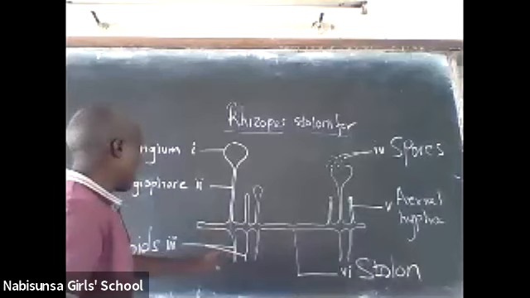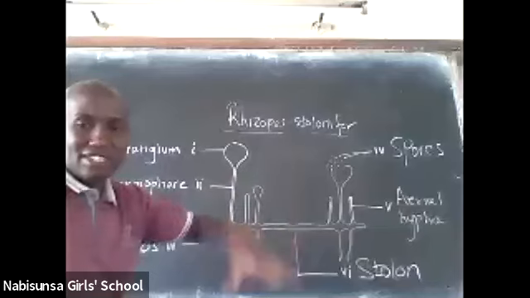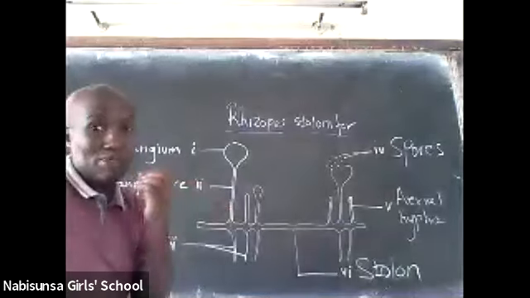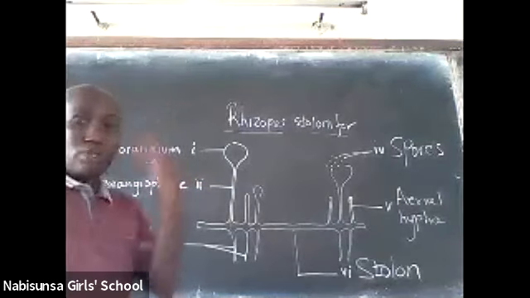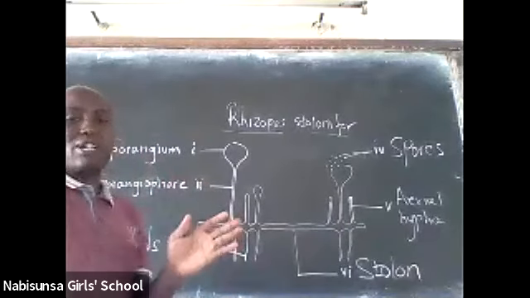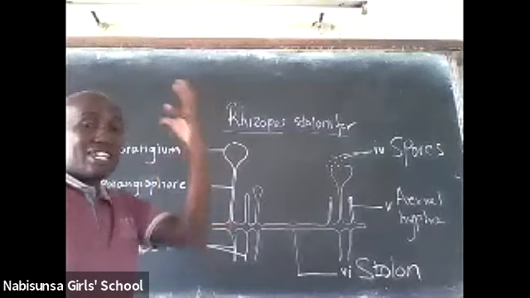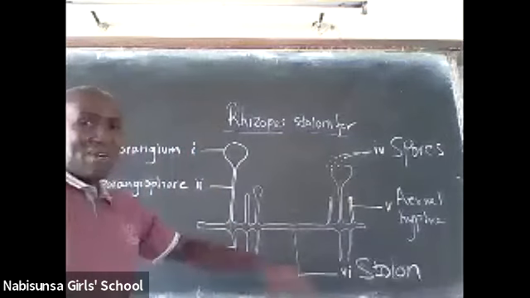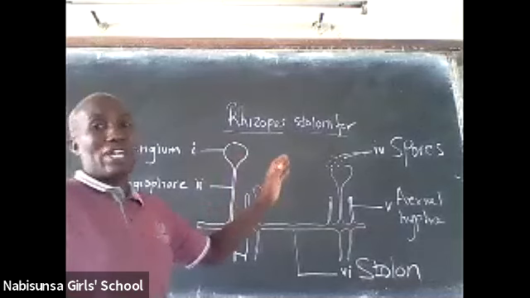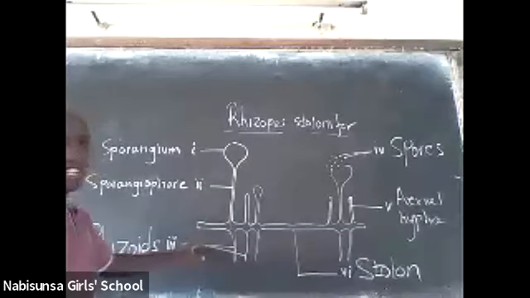I've already talked about the rhizoids, and I've said they are for feeding. They grow into the bread, release enzymes, the enzymes digest the bread, and then the products are absorbed. Just like what happens in your body. You put complex food into your body, your digestive system releases enzymes, they break down that food, producing simple soluble molecules. And then those simple soluble molecules are taken into the blood. Now here we don't have blood, we don't have a complicated system, but the organism also has a way of digesting its food using the rhizoids.